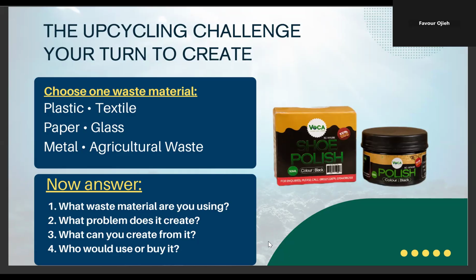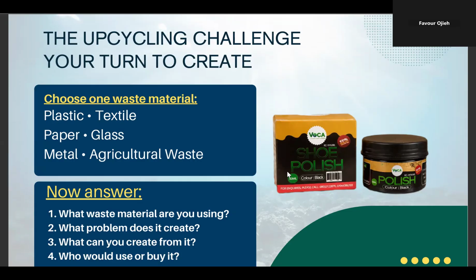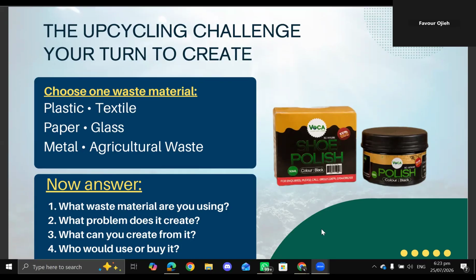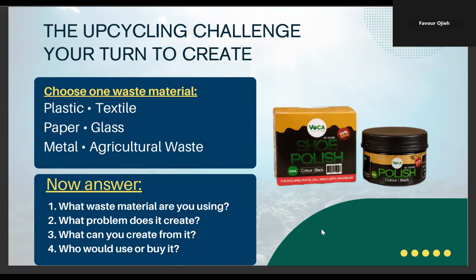And you ask yourself, what problem does this create? For example, apart from blocking the drainage system, plastic in the sea is also a serious problem, because those creatures in the sea, most times when they start reproducing, they swallow this plastic, and then it actually reduces some species that are supposed to be in the sea. Yes, and it could even suffocate some of them to death.